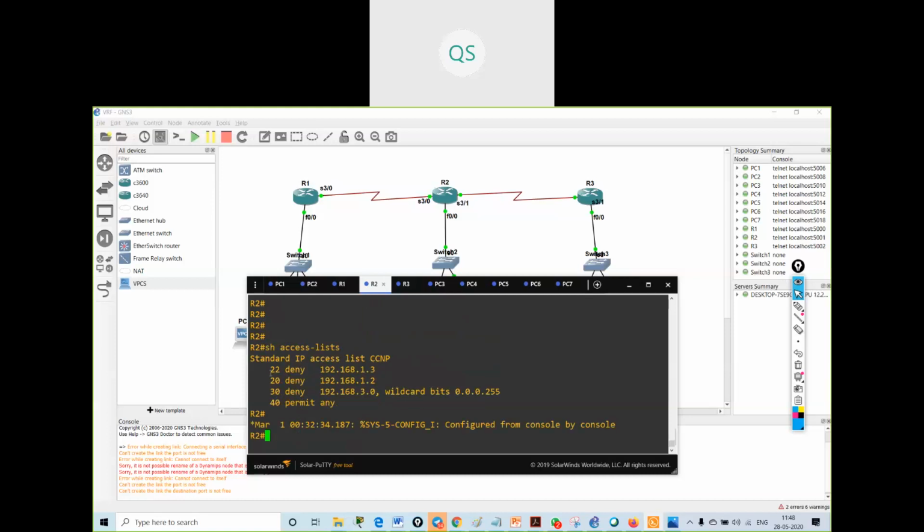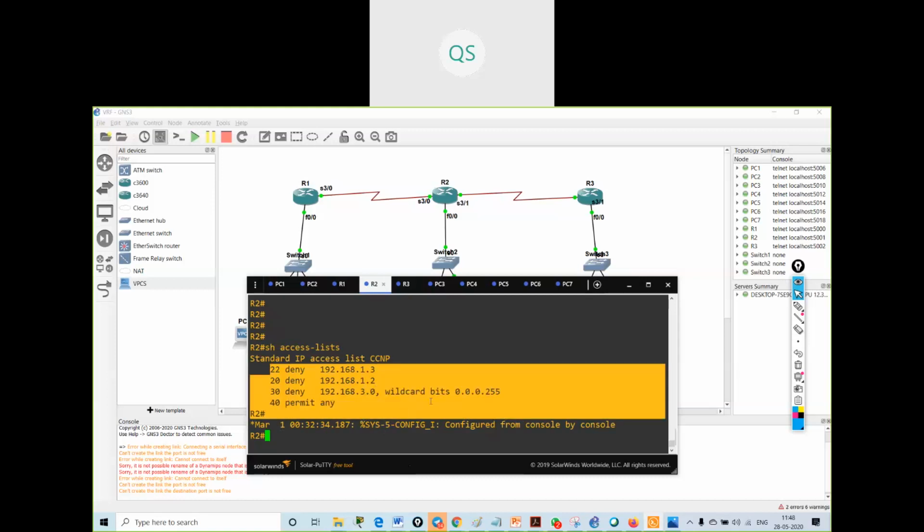I think in this GNS3 it is showing the newly created entry at the top first. It should come between 20 and 30 only.